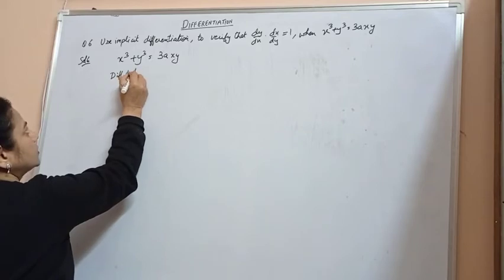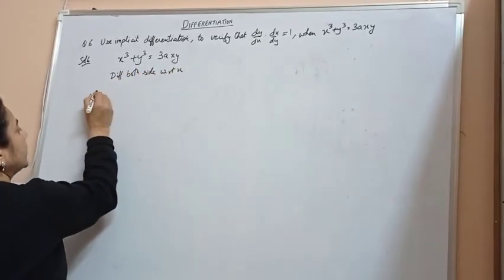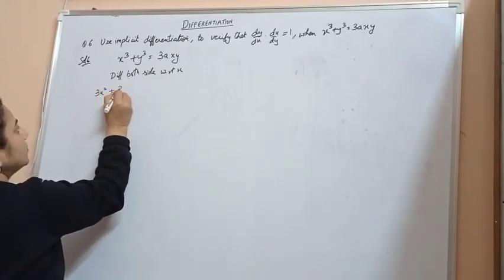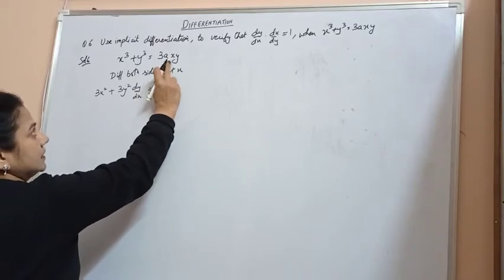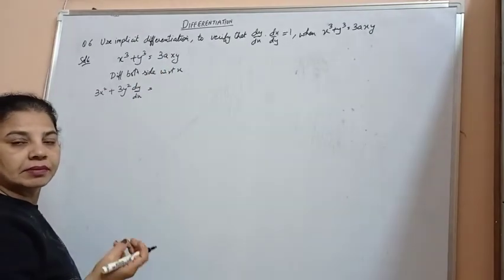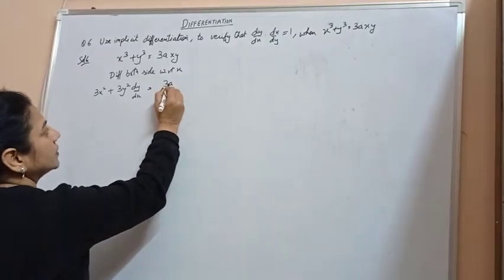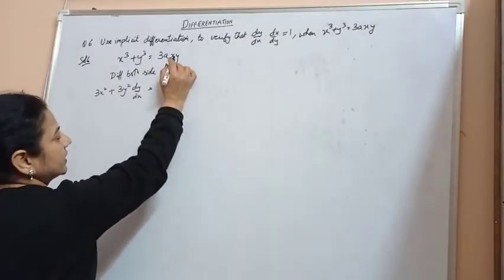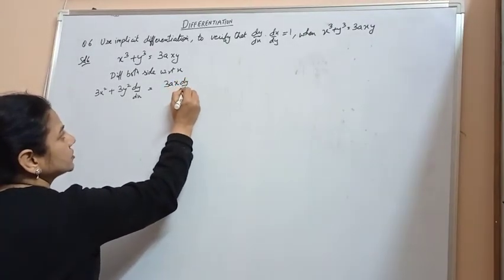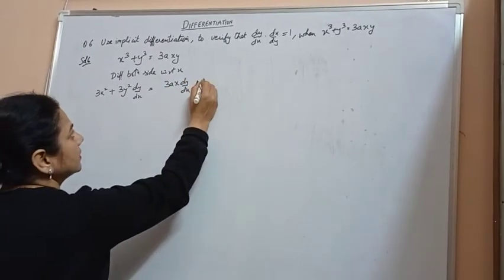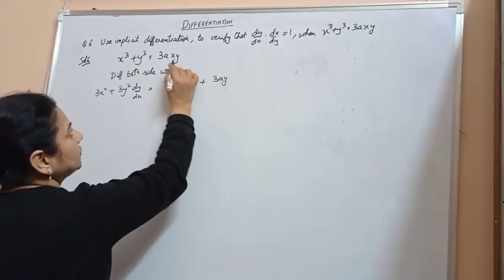Differentiate both sides with respect to x. I get 3x² + 3y² dy/dx. Here x and y are in a product, so we apply the product rule. So we have 3a being the constant, let x be the first function and y be the second function. First function into differentiation of second function dy/dx, plus 3a, second function into differentiation of x,